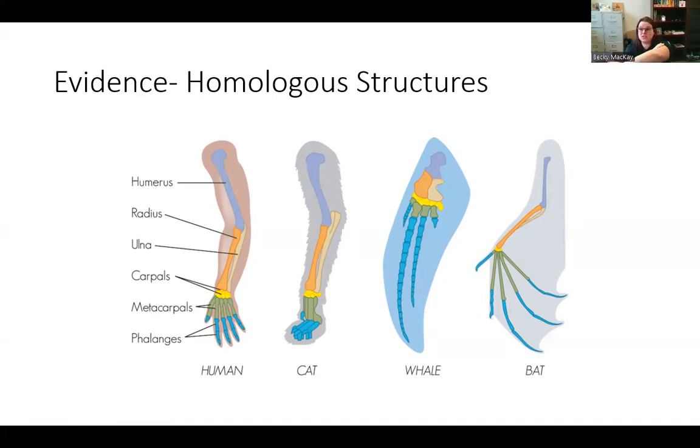We see this in your cats and dogs. They have the same hand structure and bone structure. We see this in whales and bats. Even things like alligators have really similar structure, though it is a little bit different. So this is that even though we're different species, a lot of it internally is very similar. And the reason why it's very similar is because our ancestors, millions and millions of years ago, when mammals first started coming about, they developed this structure, it worked, and so it's still around.